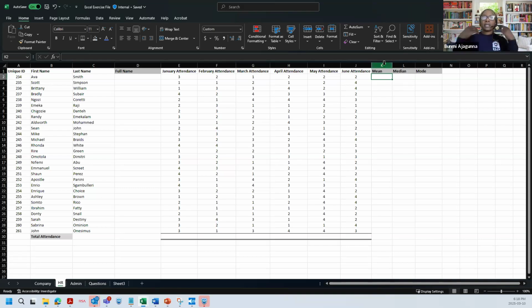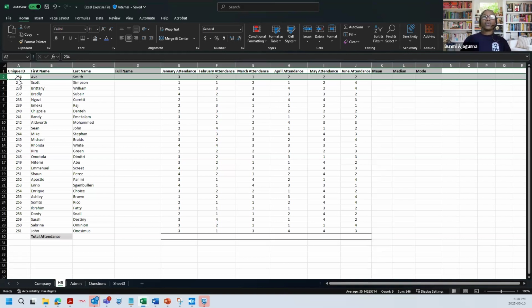Usually when you're identifying a cell in Excel, you start with the column name first and then the row name. So in this regard, like I mentioned earlier on, the column is column K because it's vertical and it's identified as K up here. And then the row here is row 2, which is identified horizontally over here.